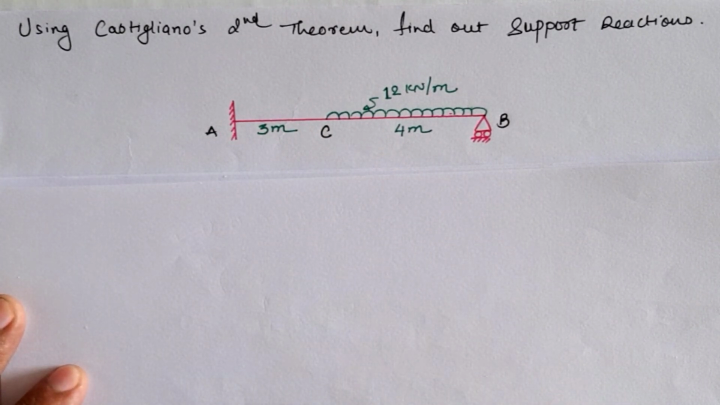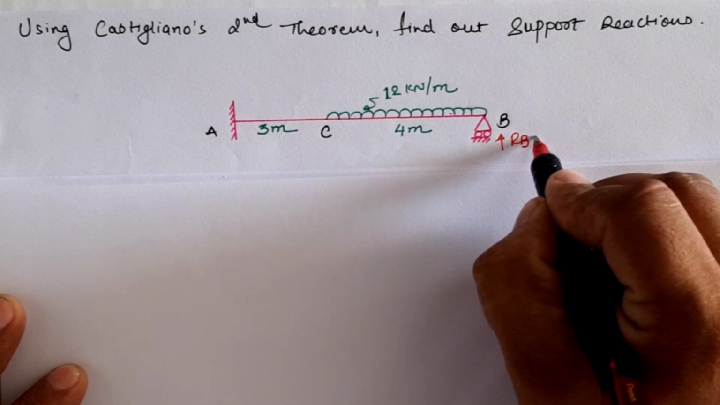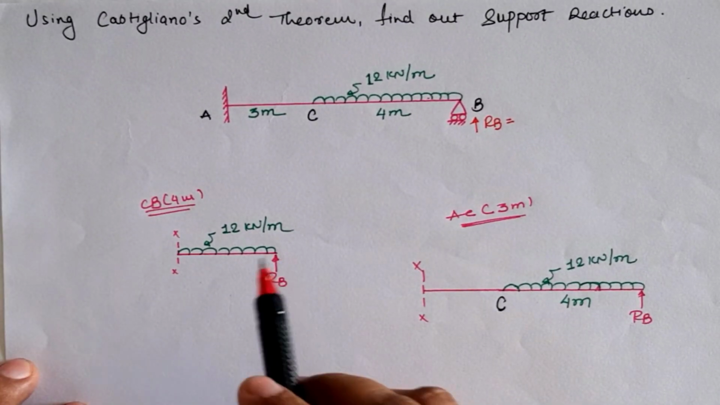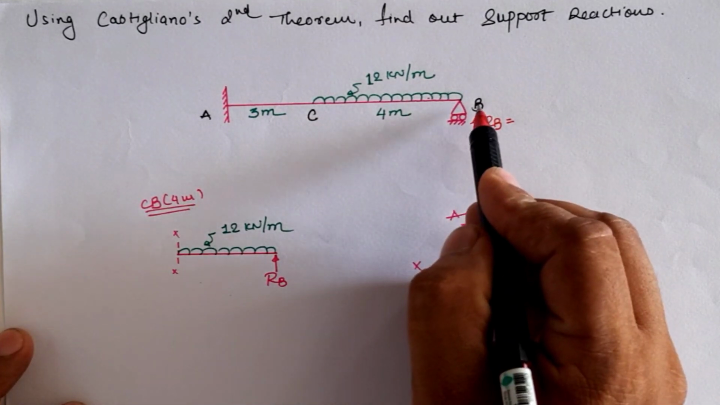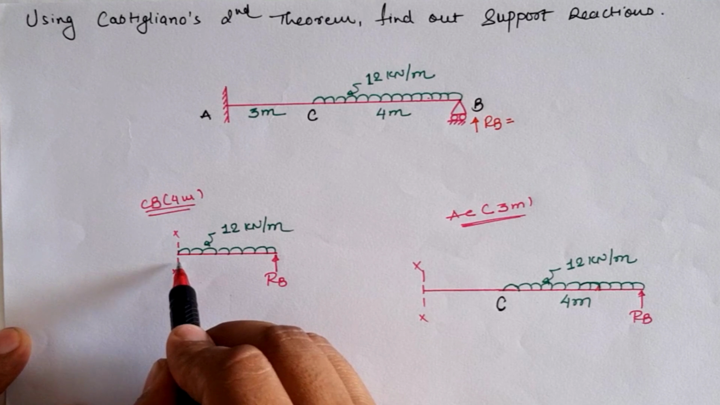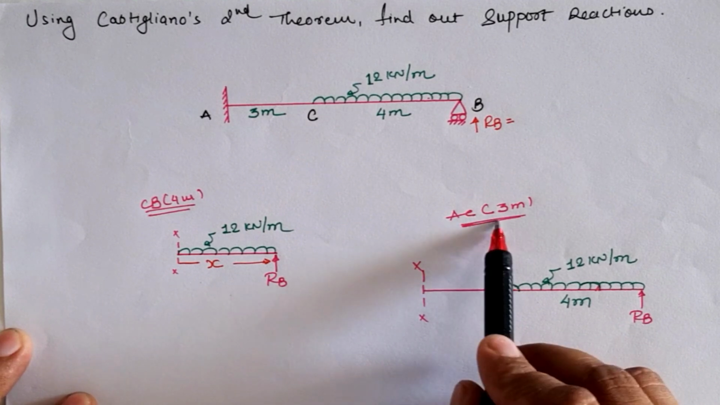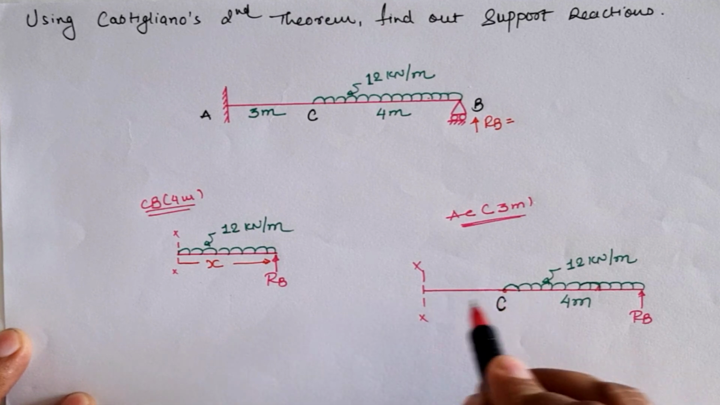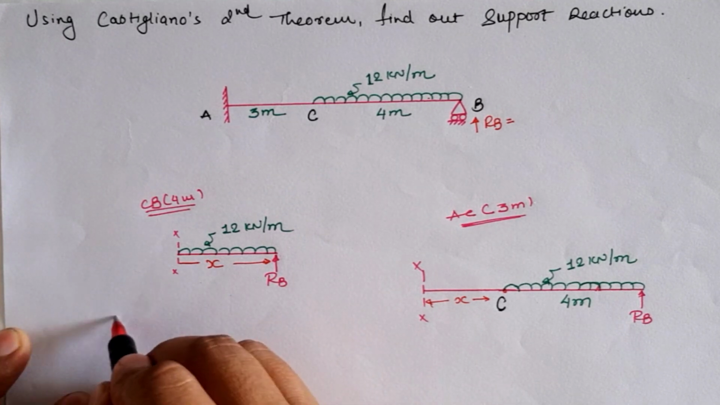as a redundant reaction. Assuming the support reaction RB as redundant, we go through the segmental parts of the given beam. For the CB section, which is of 4 meter span, if we assume B as the origin, then the distance of the section from point B is x. Similarly, for the A to C section, which is of 3 meter span, from origin C we take the distance of the section as x, and the C to B section as 4 meter. Then the moment in the CB segment